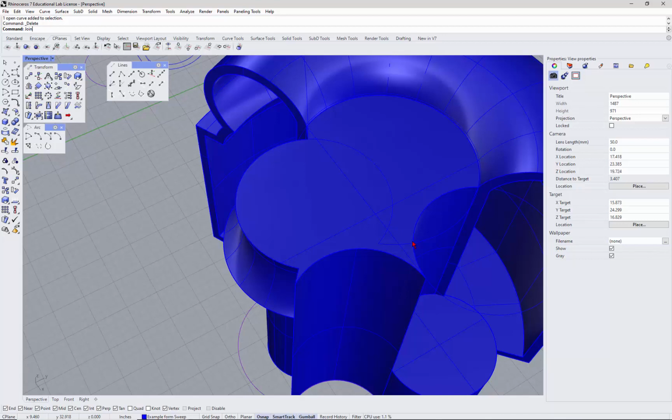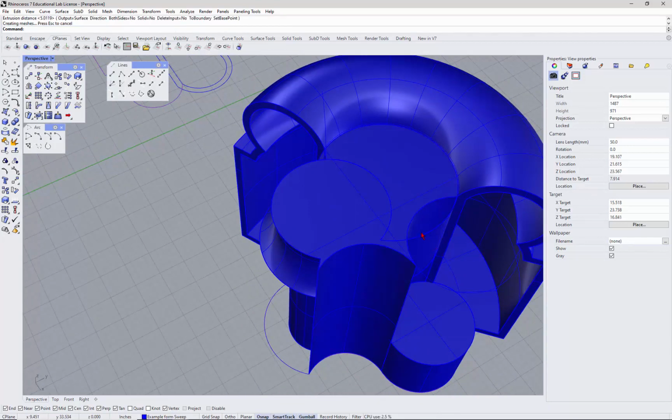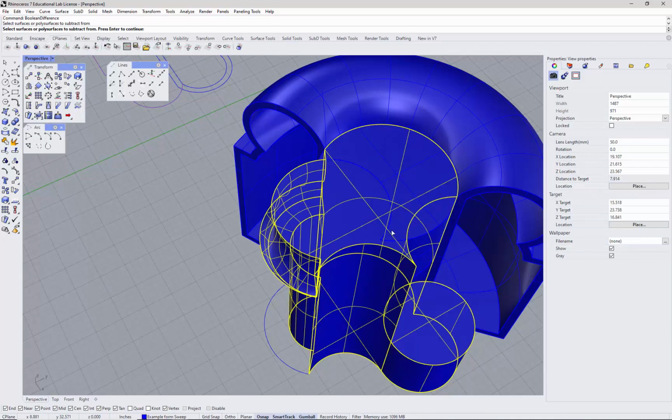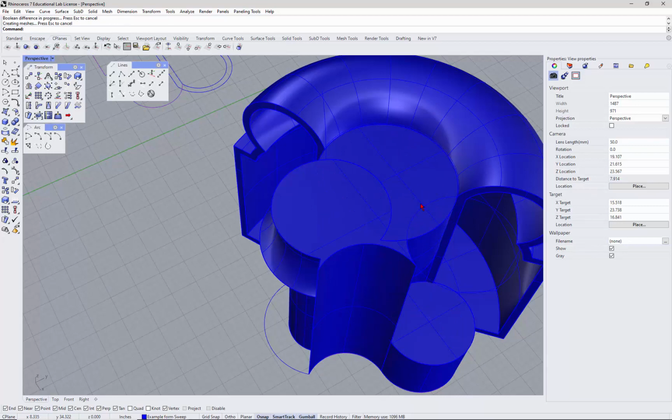Yeah, let's just go ahead and do this, join this and this, and let's extrude that maybe down completely to there, and we'll cap that, and we'll Boolean from this that. Take a minute, and then we'll delete that. So we're kind of getting that